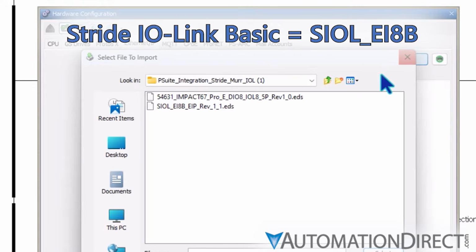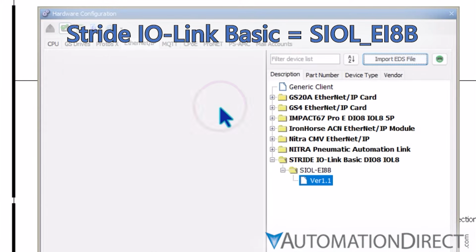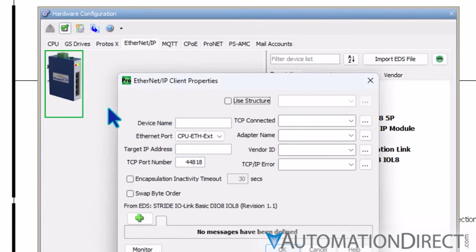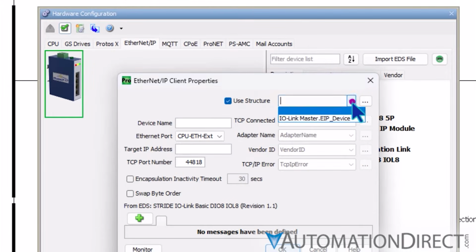A Select File to Import window will open. Navigate to the unzipped P-Suite integration folder from the first video and select Stride Basic EDS. You'll see the Stride Basic IOLink master in your EIP list. Expand as needed to display the versions. Drag the latest version to the left side of the window and a Properties box will open. Check the Use Structure checkbox and drop down to select